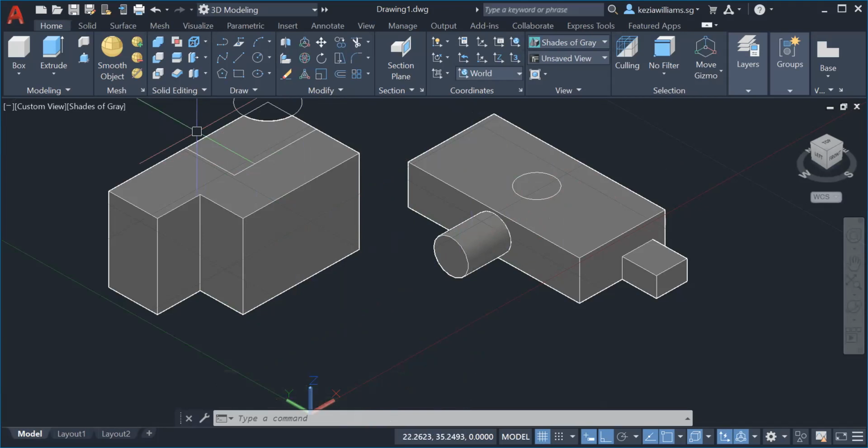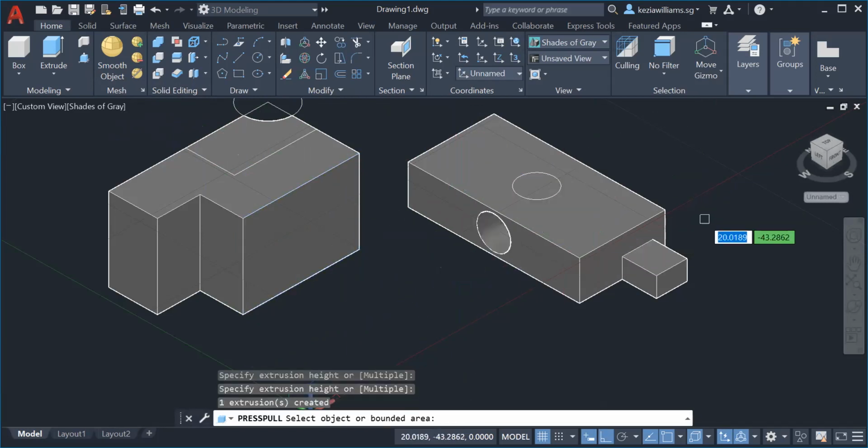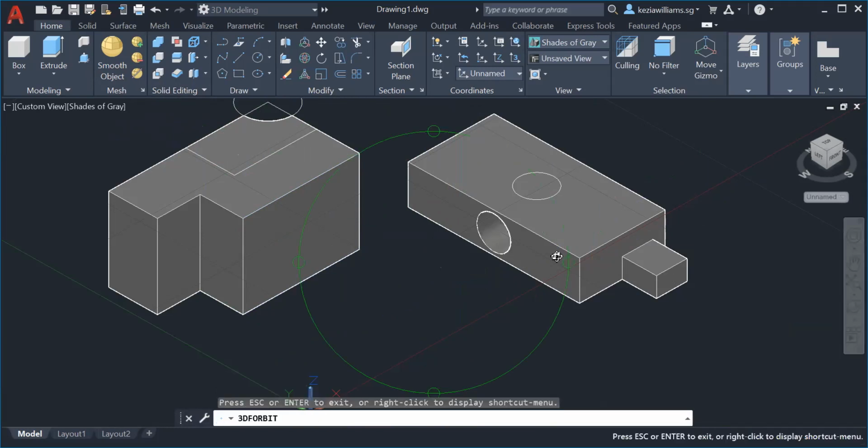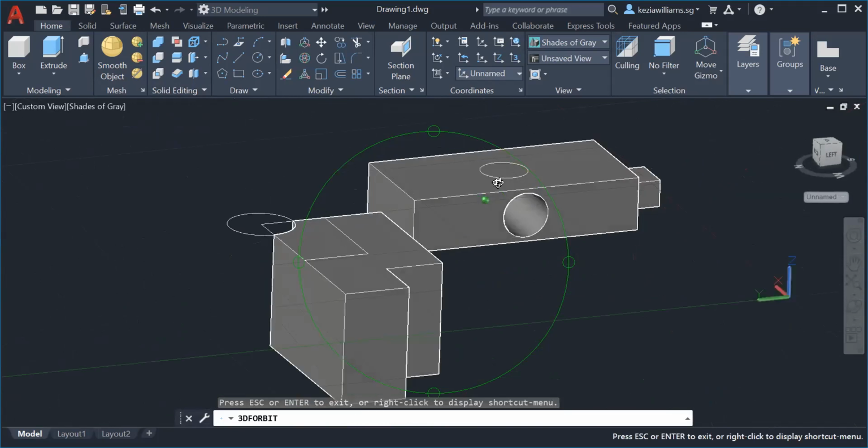Okay. Now you need to make a hole. Just now what we did is actually we made an extrusion. Now I'll try this one. I just click here and then go this way. Now you see, he got a hole. Now you got a hole.